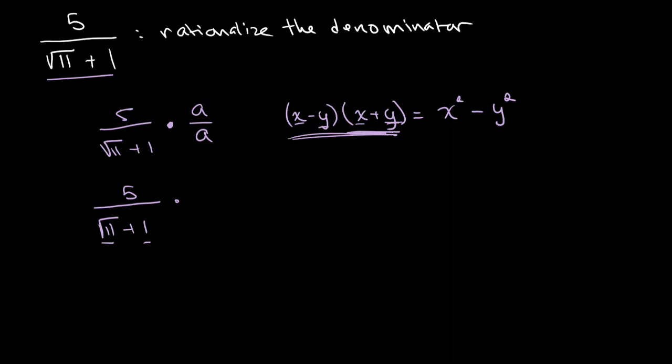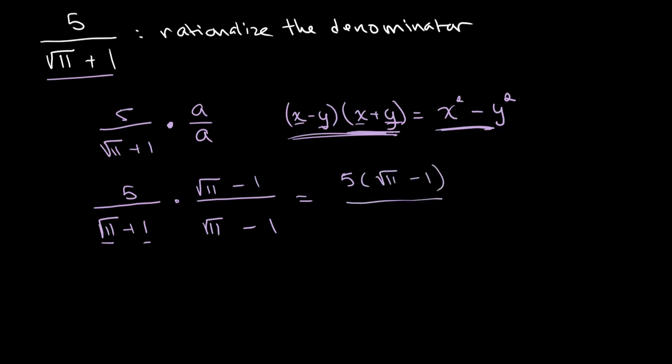So if we want to get it in this form, all we need to do is multiply the square root of 11 plus 1 by x minus y, where x is the square root of 11 once again. So the square root of 11 minus 1, and we need to put the same thing on top so that we don't change the value of our equation. So on top we have 5 times the square root of 11 minus 1, and in the denominator we have